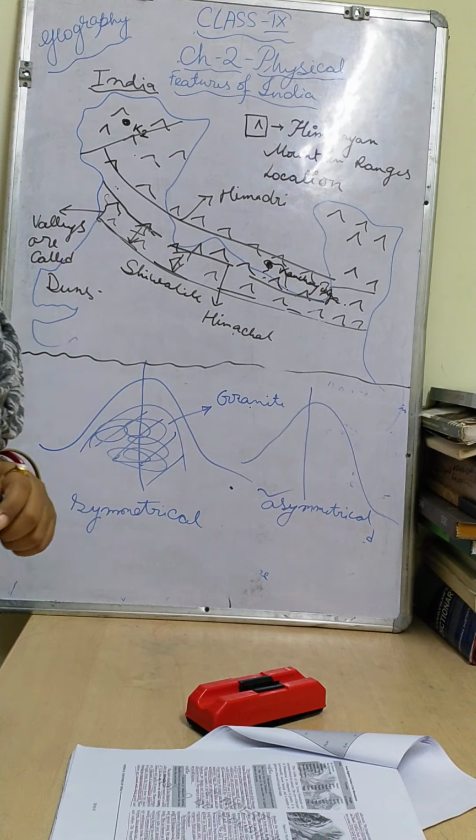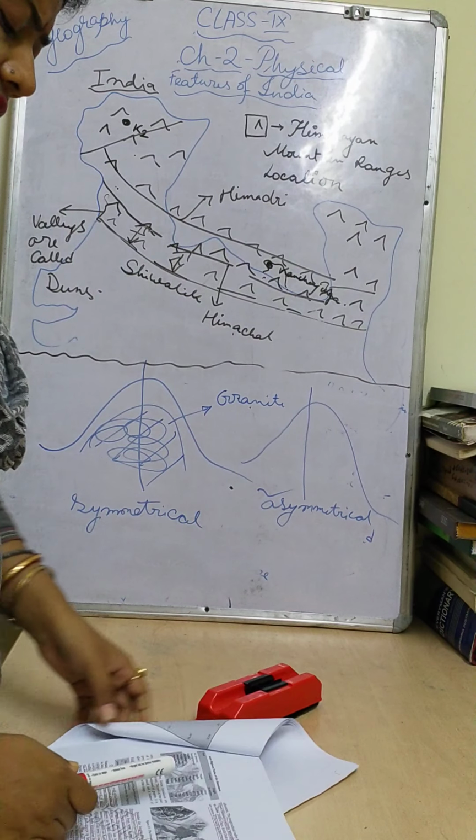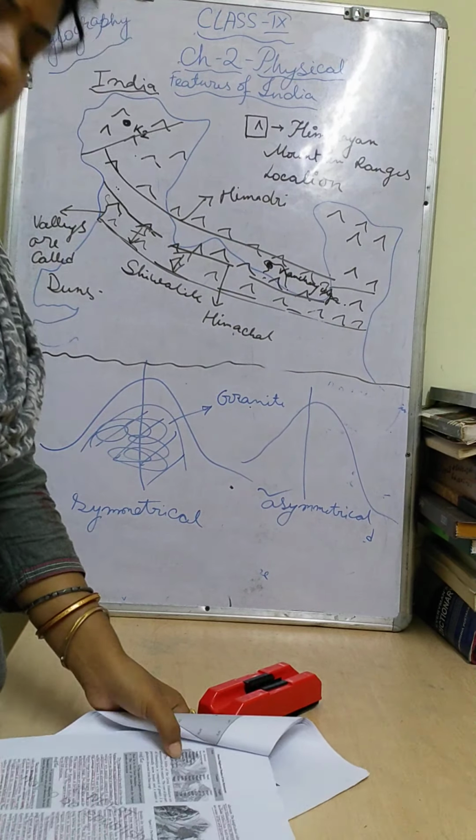What are they? In Nepal there is Mount Everest, the world's highest mountain peak. Now it has been occupied by Pakistan: that will be the second highest mountain, K2 or Godwin Austen, and third will be Kanchenjunga, and so many more are there, like Makalu, Kamet. This table, page number 11, left hand side, the heights of the peaks of the Himalayas, you have to memorize. Okay children, and the height also. Right, so this is generally the longitudinal division, the three divisions of the Himalaya.